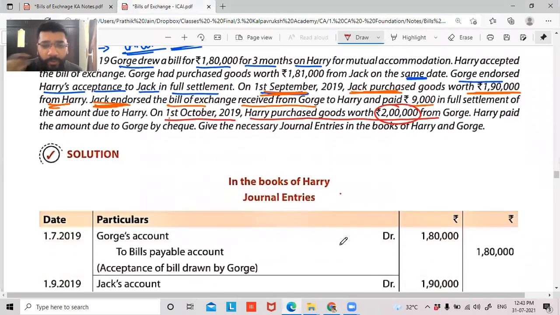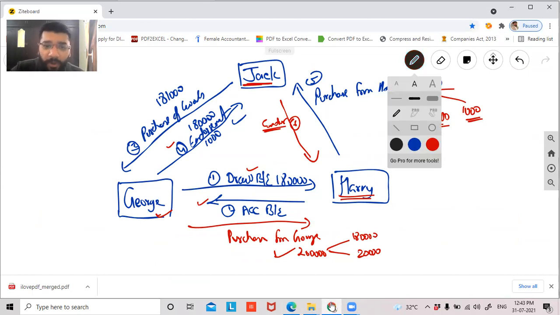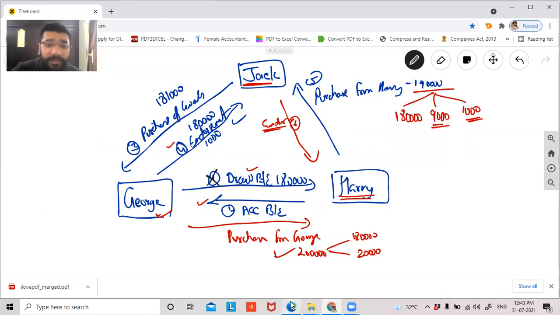Now tell me one thing. I'll not do it on the board. I'll show it in the textbook itself. First transaction, guys. First transaction you have to talk about. George is drawing a bill on Harry. On drawing a bill, do we record any entry? No, sir. So can I say for the first entry, there is no journal entry. We are doing the journal entry in the books of